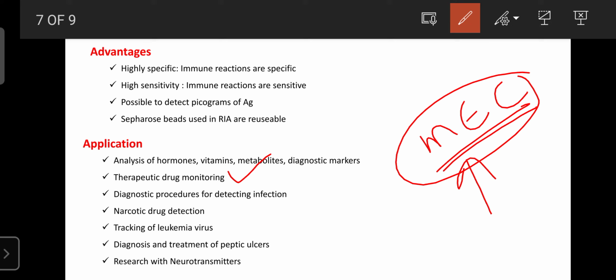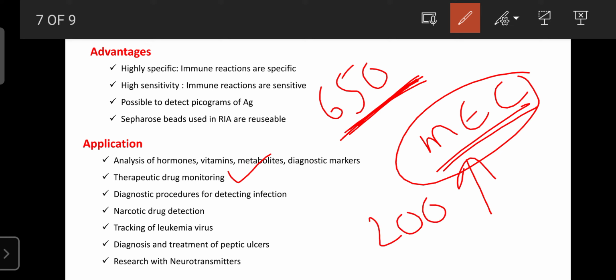For example, paracetamol 650 is required for the treatment of fever. It is the adult dose. If instead of 650 you administer only 200 mg to the patient, the plasma concentration cannot increase. If the plasma concentration cannot achieve a particular strength, it cannot treat the fever. So that is known as therapeutic drug monitoring, or TDM, fixing how much dose is required